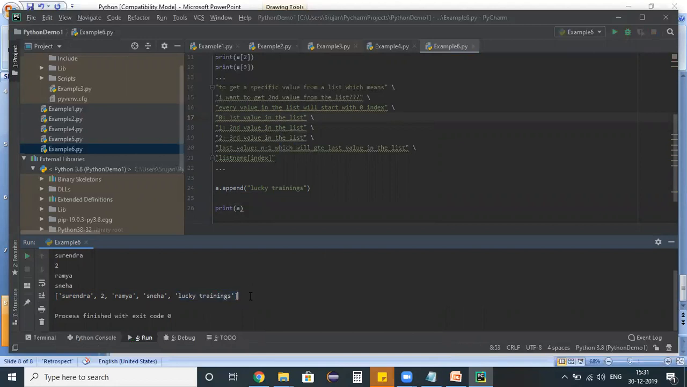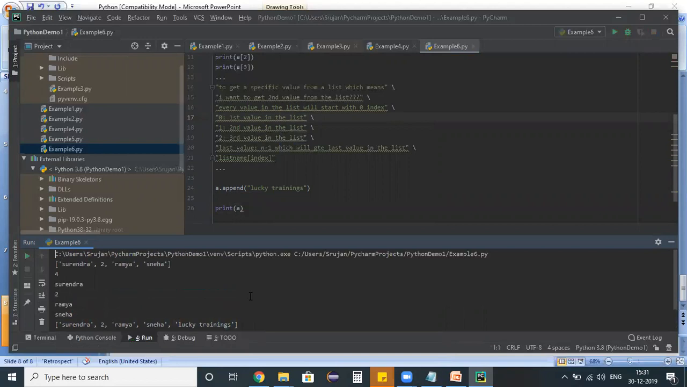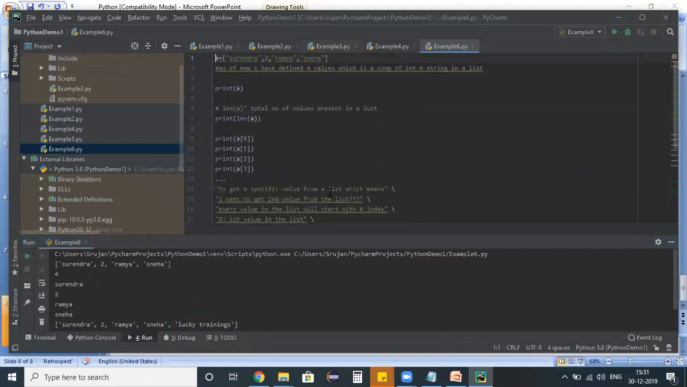Like this, we can perform various kinds of operations on a list. In the real world, we will be using append, index, and the length method. All of these we are going to use as part of our WebDriver programming. This is a brief